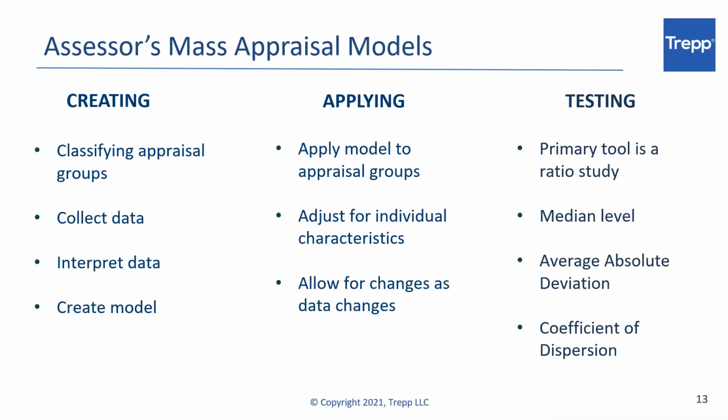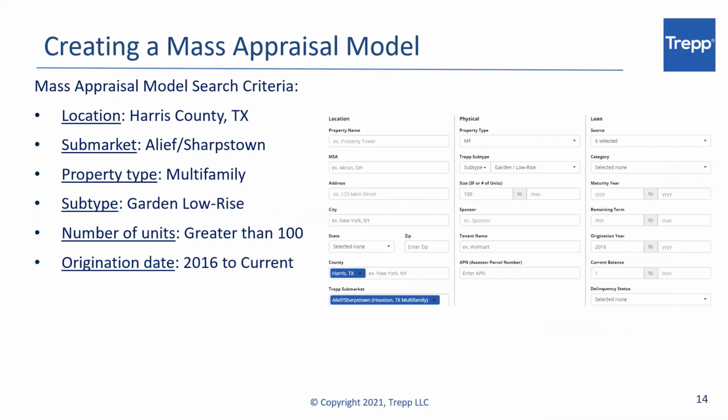And then to round it all out, you have built your own model using the data provided by the assessor, in addition to the other data points that you maybe have internally and that you've loaded into the Trepp platform. We're going to walk through the process of creating a mass appraisal, or what we would consider an income model